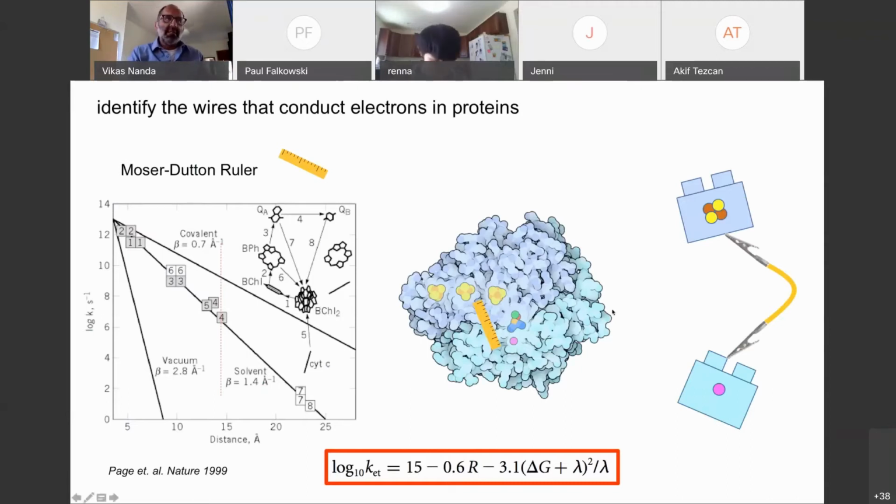And what we found was that if you look, for example, at hydrogenase, you can see it visually, and we can also quantify this. You have a very clear wire going through the center of the protein, where the individual metals, which are the transition points for electrons to move through, are separated by a small distance. The longer that distance is between metals, the less efficient electron transfer is. That's what this equation down here describes. And so there was a critical distance by which metals had to be separated in order for there to be